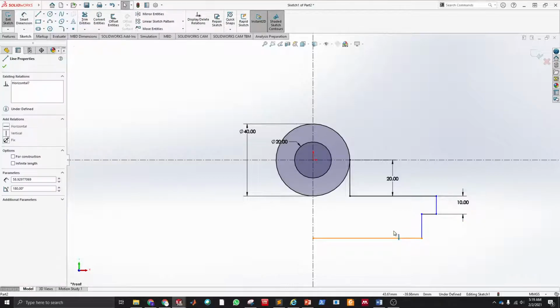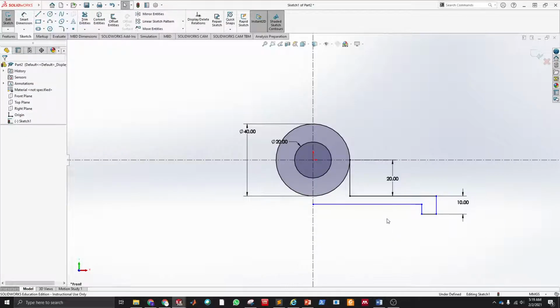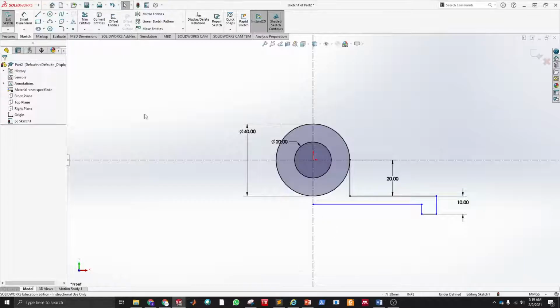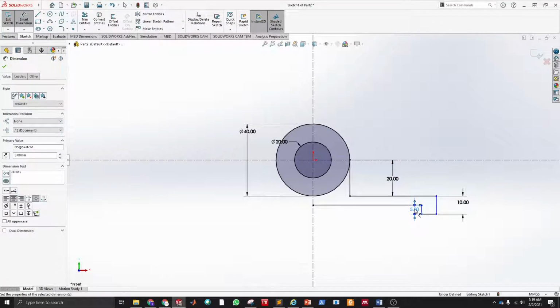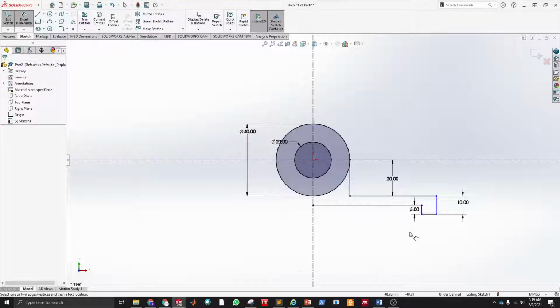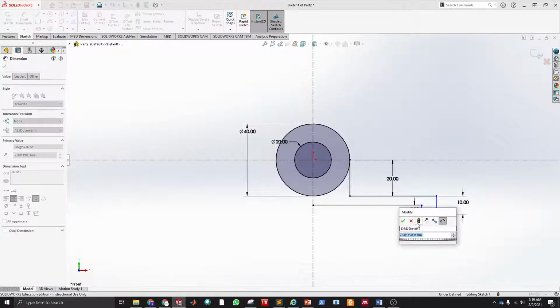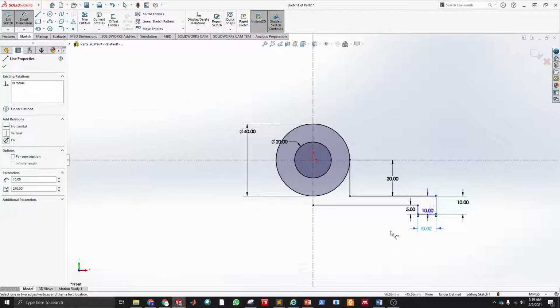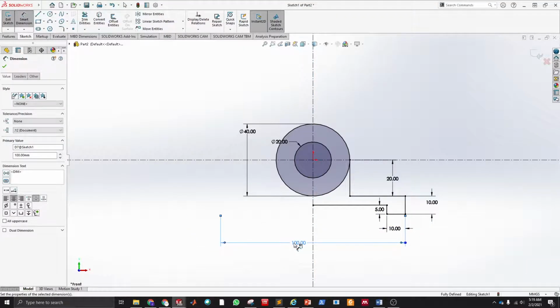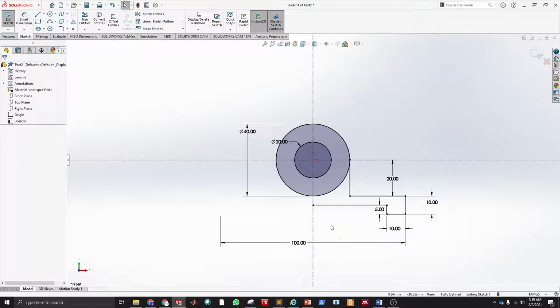Escape. I'm gonna drag this one up. Then this one is 5. And then we have 10 here and 100 in total. Okay, now